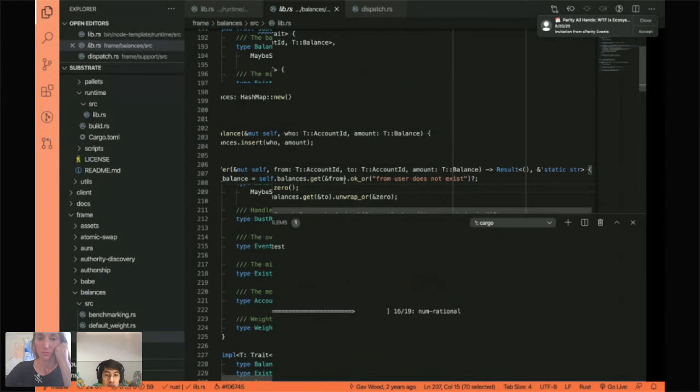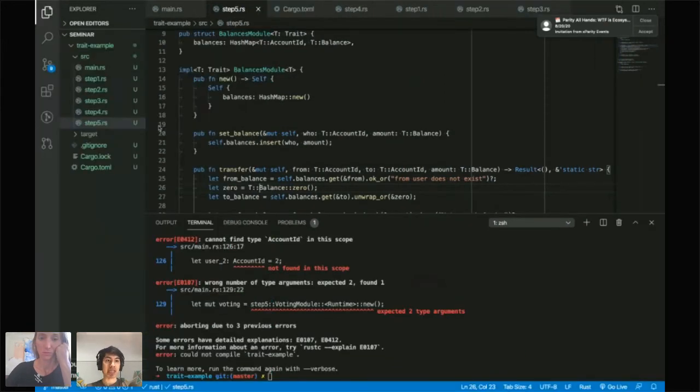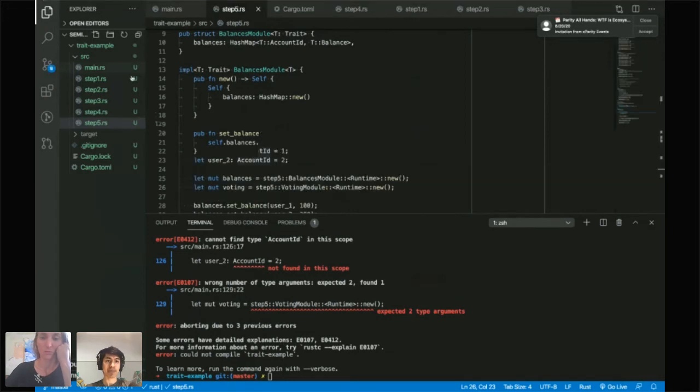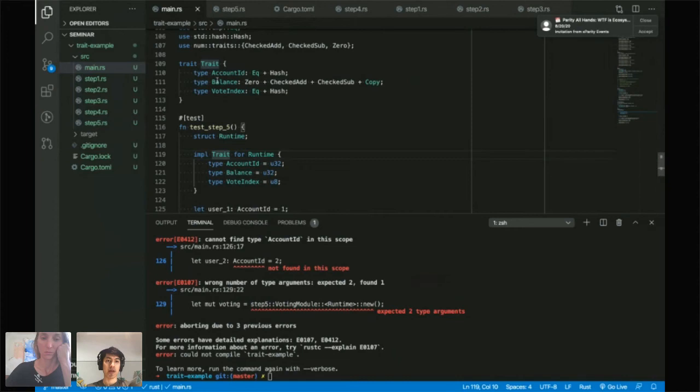Okay, it's still compiling. Oh, good. I got some errors. But let me just finish my thought real quick. So you can imagine, instead of defining just one trait here, I might have a trait. Scroll up a little bit. This is where I define the trait. I might have a voting trait, which is just vote index. Oh gosh, the lag makes me just not want to show more examples. I think this is a pretty relevant one.